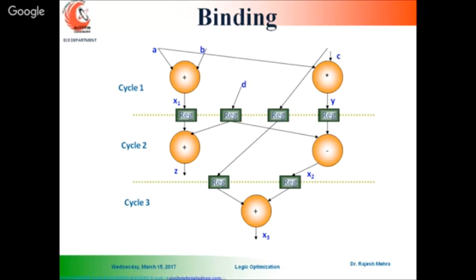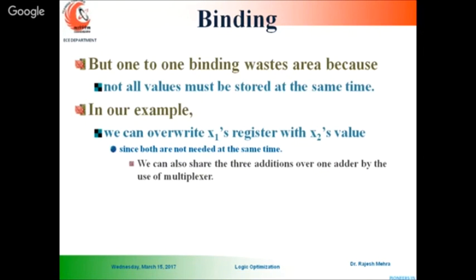If we can use one register to store 3 different results, that will be your what? Sharing kind of register. So at present we are not bothered about resources, we are just allocating one-to-one resources. Whatever is required, we are allocating that thing. So from cycle 1 to cycle 2, 4 registers are used. From cycle 2 to cycle 3, 2 registers are used, right? Next, one-to-one binding wastes area,